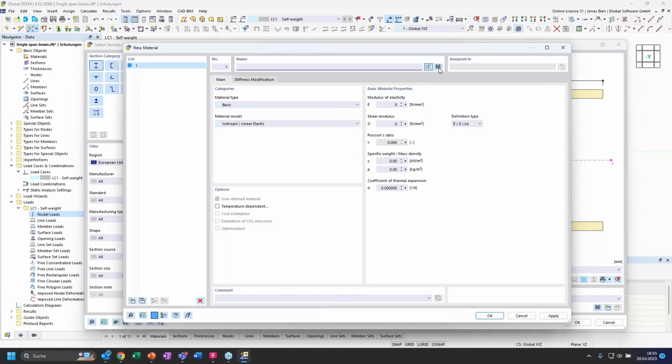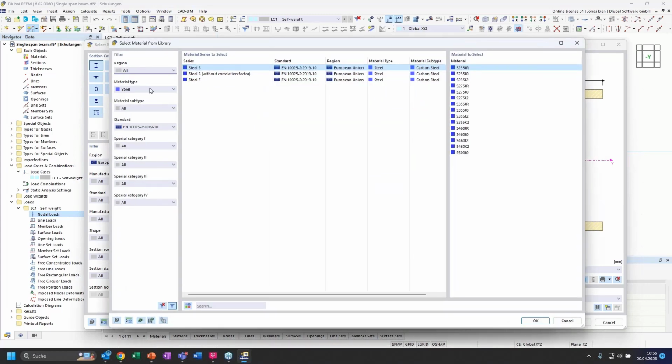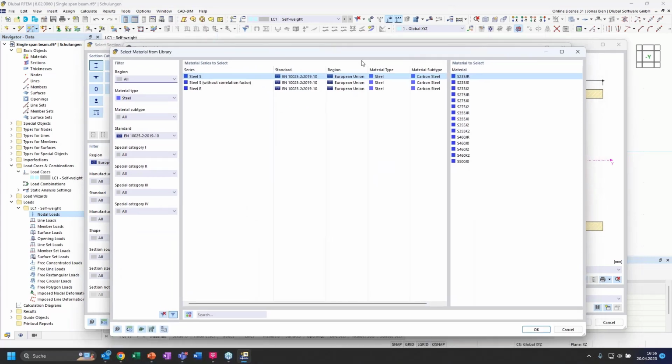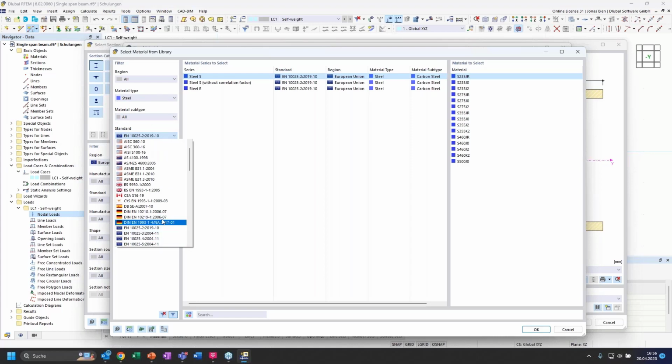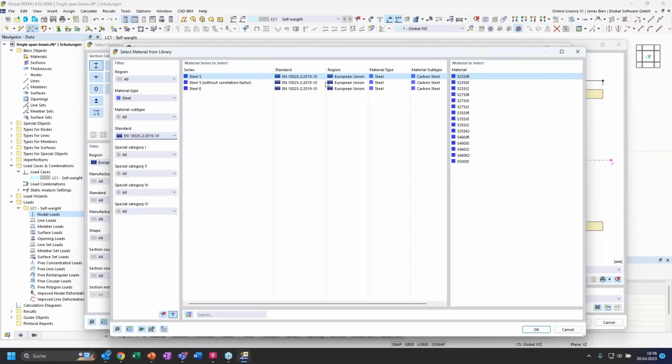We can also browse the material library to find the material that we want to use by clicking on this book button next to the name field. And then we have again a filter to quickly find the material. We can pre-select a material type steel and a certain standard, in this case a European standard, and then we just take the S235JR. That's perfectly fine for our purpose. Click OK